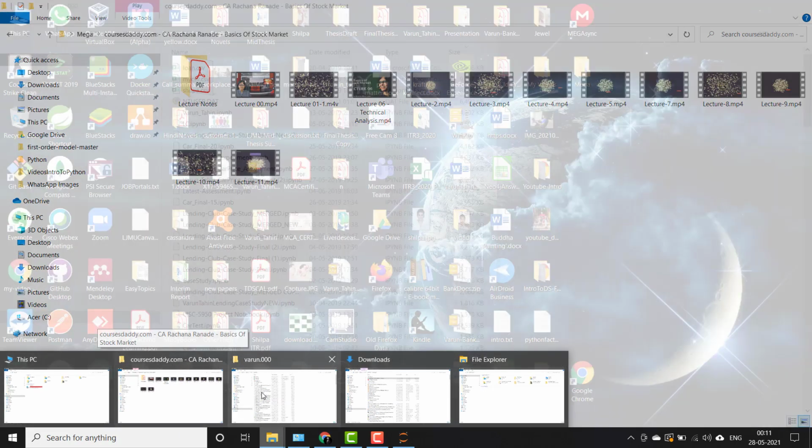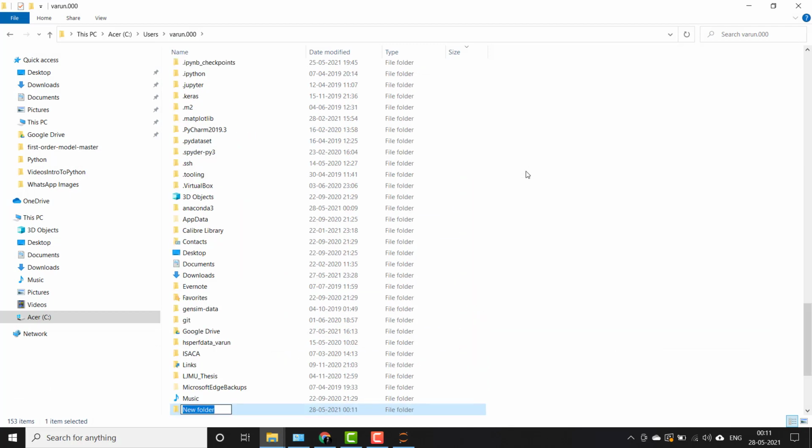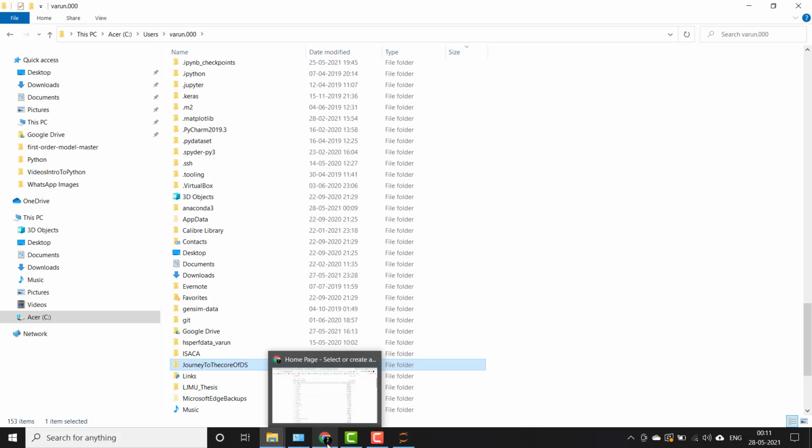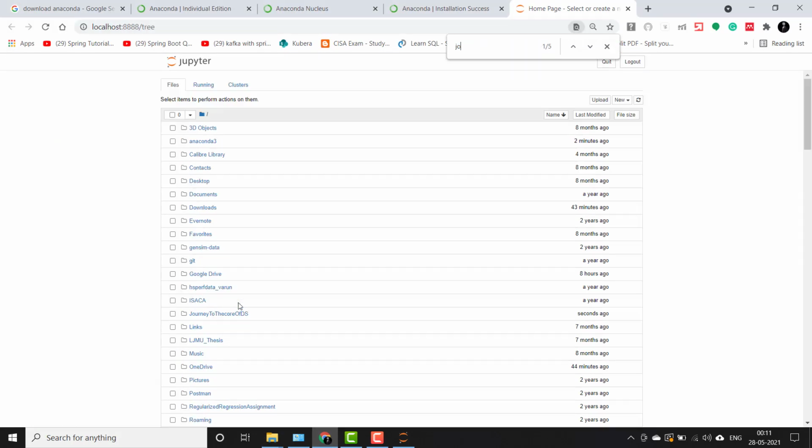So we will be going to that particular directory and creating a folder here. So we'll name it Journey to the Core of DS. So when you create it, you'll see it will be reflected automatically here also. So there's a second option that you can choose. You can create a folder from here itself. So for now we'll be going to that particular folder as we have already created it,